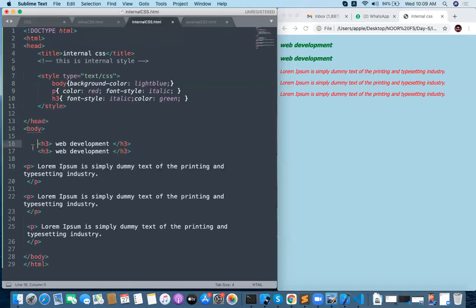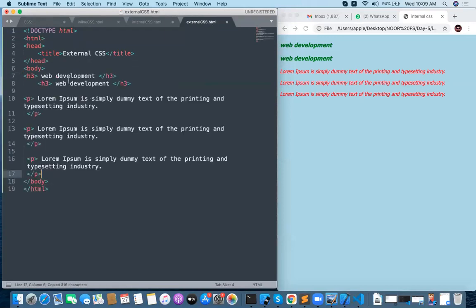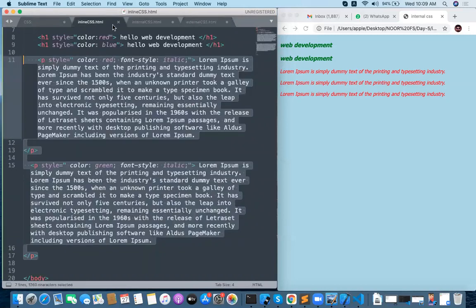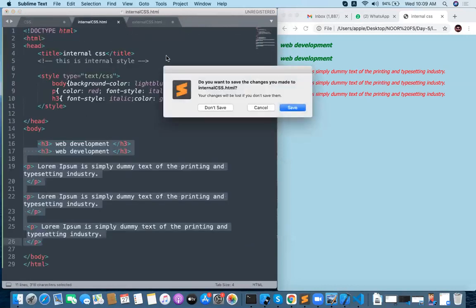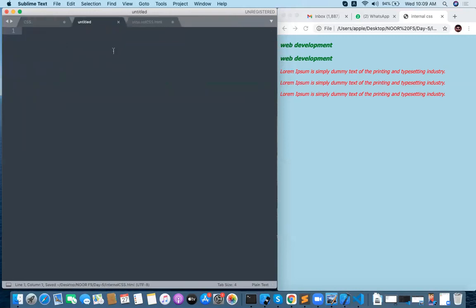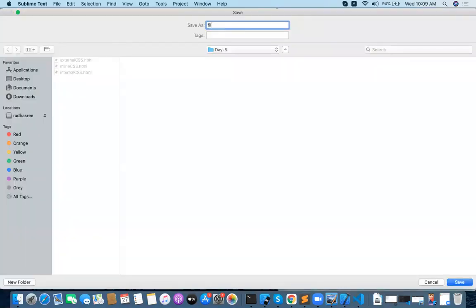For example, the same concept: 3 paragraphs, 2 H2s, 2 H3s. Now my requirement is, I don't want to write internal CSS. I want to write external CSS. How to write external CSS? Prepare a new file and save it as file.css.